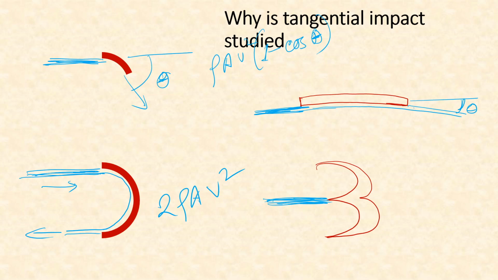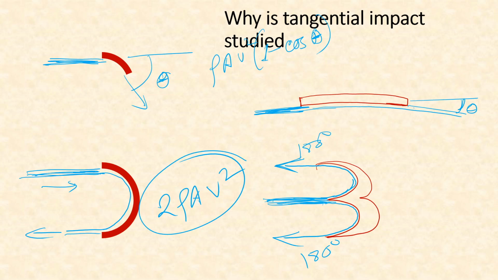And when it strikes at the middle, it gets divided into two streams. One stream gets into this part of the plate and gets deflected in this direction. The other part goes along this direction and gets deflected in this direction. So if these two directions are 180 degrees, then we'll be getting the same twice rho a v square amount